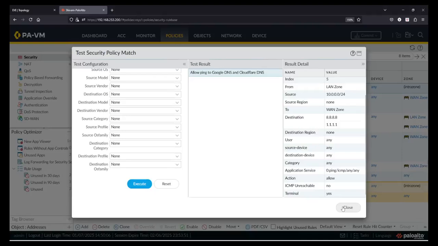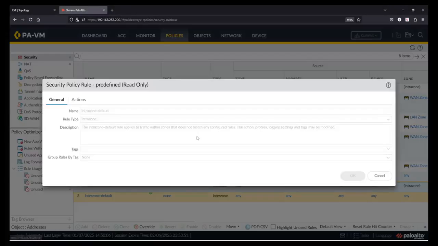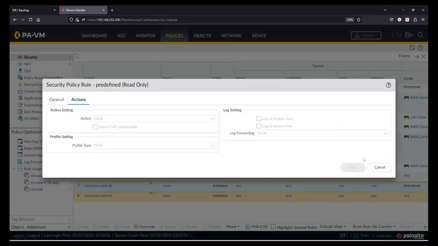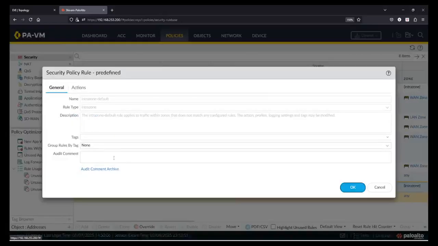Now let's look at the override and revert option. So these two options are for the default rules. If I click on the intrazone rule, I cannot do anything. It's all read only. But if I would like to override this, select the rule and the override button will become active. Click on the override and you see then you can change some things about the rule, like